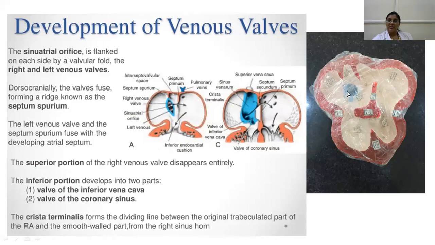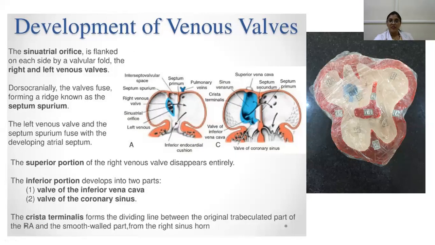Then what happens to the right venous valve? So meanwhile here, what opens? Coronary sinus and inferior vena cava. Okay. So they will be forming the valves. If you remember the interior of the right atrium, there are openings of the superior vena cava, inferior vena cava, coronary sinus, and many other foramina which open here. The major openings are the venous openings, that is your superior vena cava, inferior vena cava, and coronary sinus. Superior vena cava is coming from above, so it is not guarded by any valve, whereas inferior vena cava and coronary sinus are guarded by valves. So they'll ask you what is the embryological relation of these valves.